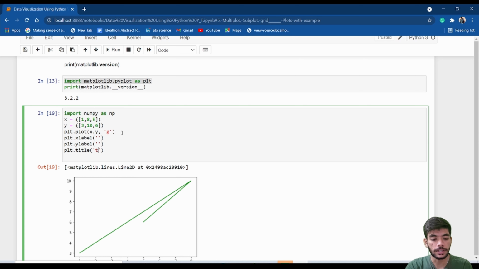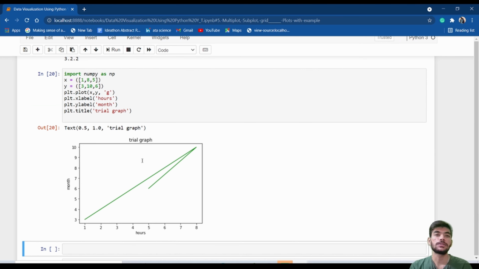So in title I will write trial graph. In ylabel I will write some values, that is month, and in xlabel I will write hours. So by giving just three commands, plt dot xlabel, plt dot ylabel and plt dot title, we can see here is the title which we have given, the trial graph.